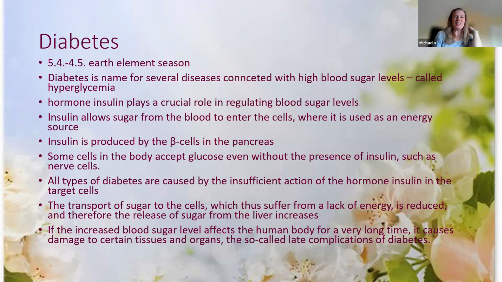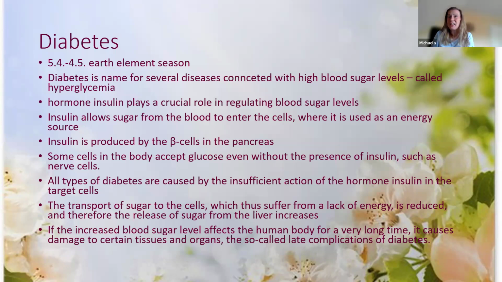So, and back to the diabetes, I have something here about it. If we have increased blood sugar level for the long term, it damages certain tissues and organs. So these are the complications of the diabetes. If the people are not following the diet, and if they don't follow the doctors and they don't change their life, or if they have had the diabetes already for a long time, then we can see other things happening. And these are usually the wounds which can't heal, or there is very bad blood circulation